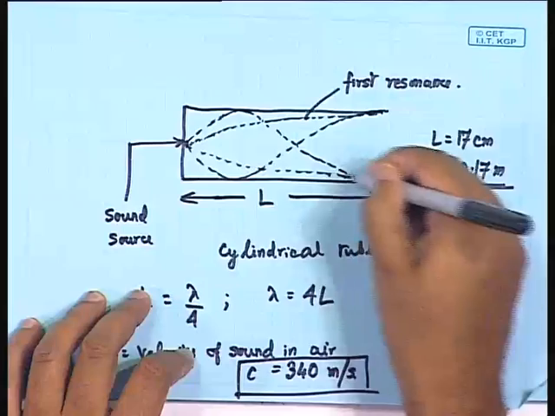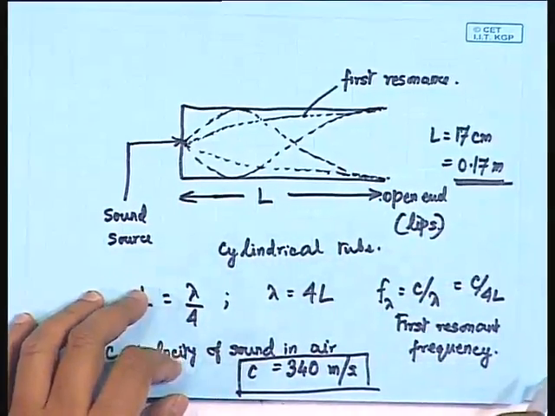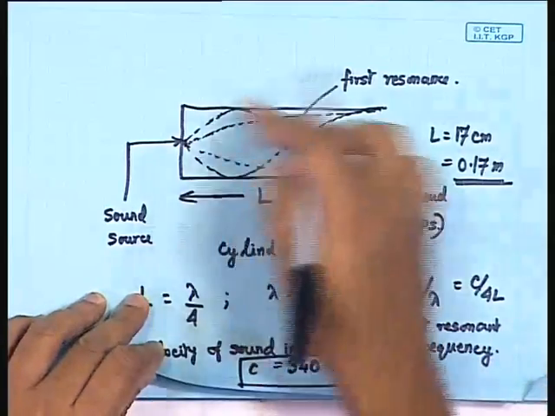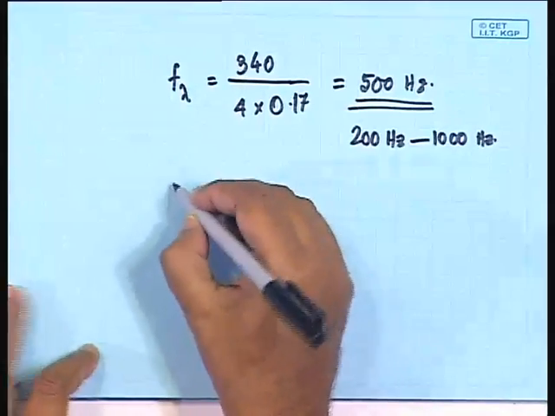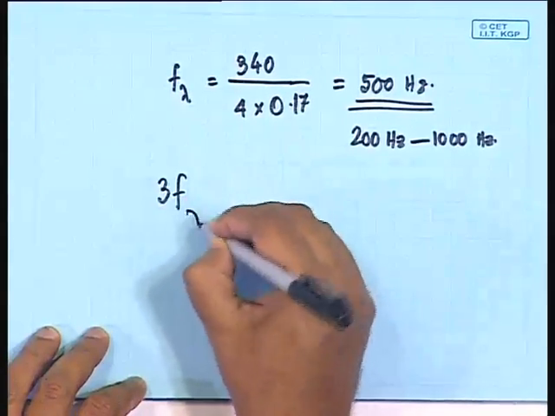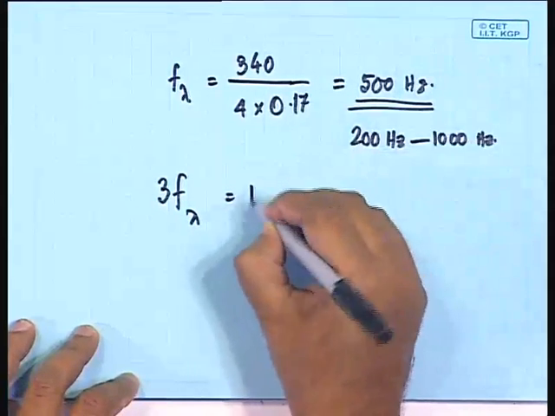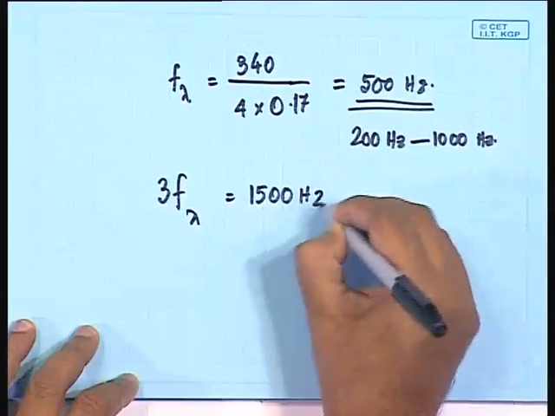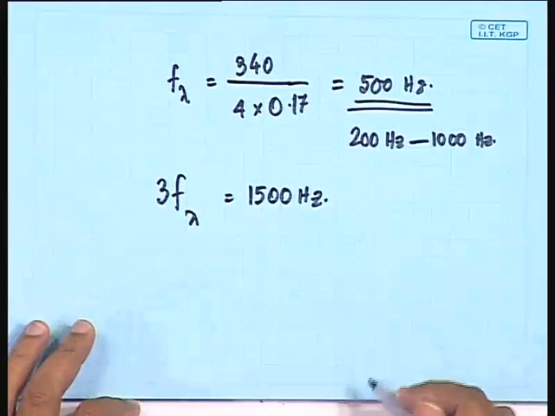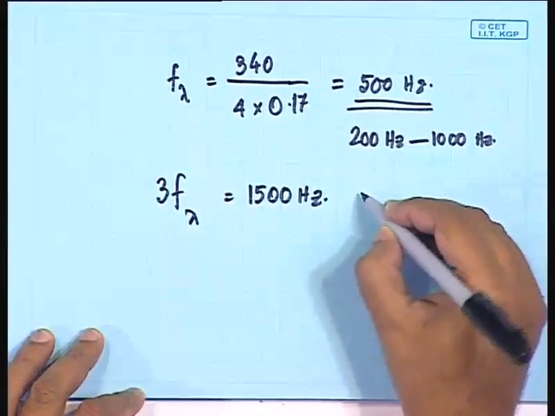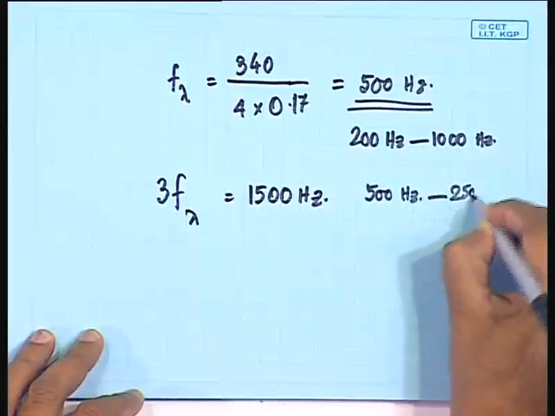So, if you take this curve, this distribution, then the resonant frequency that you are getting corresponding to this becomes 3 times of this. So, the next resonant frequency will be 3 times f lambda. If it has been computed as 500 hertz, then we will be having this as 1500 hertz or 1.5 kilohertz. Again for this resonant frequency also, we should specify a range. Let us say that this may vary from 500 hertz all the way up to 2500 hertz.